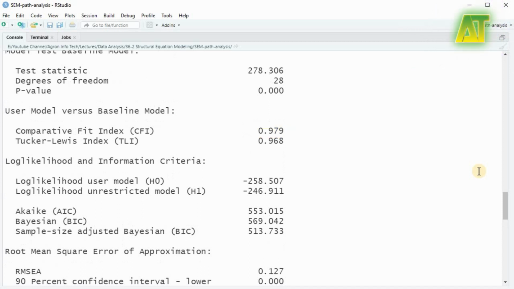Next, we can see there is the Tucker-Lewis index, TLI, which is a non-normed fit index that partly overcomes the disadvantages of NFI and also proposes a fit index independent of sample size. A TLI of more than 0.90 is considered acceptable.